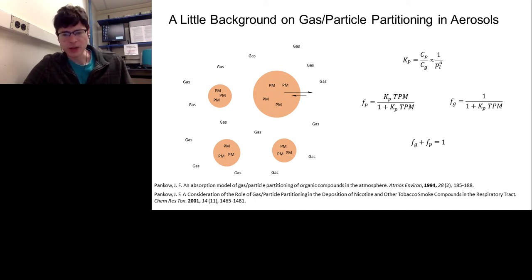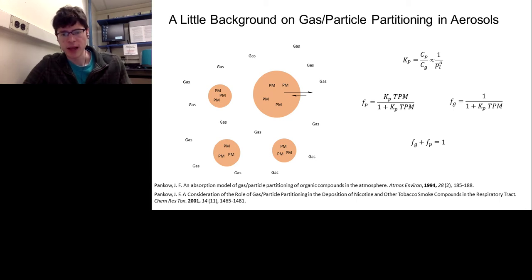And so there's a set of equations here that are going to govern this. A really important one is the partition coefficient that was developed by a principal investigator here at Portland State that I work with, and he's actually on my thesis committee, Dr. James F. Pankow. This partition coefficient is really a consequence of Henry's law, which deals with vapor pressures, right? When you have components that are volatile, they're going to be gases. They're going to want to be in the gas phase,